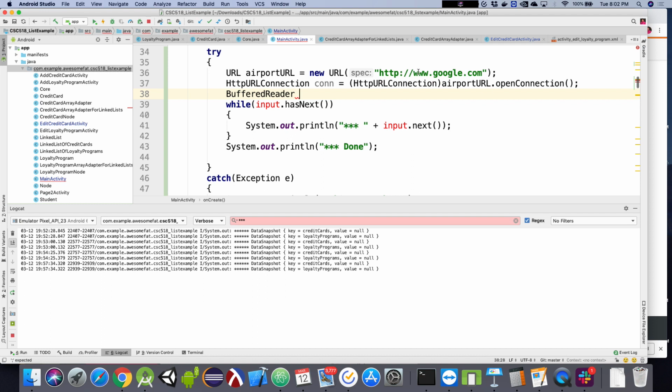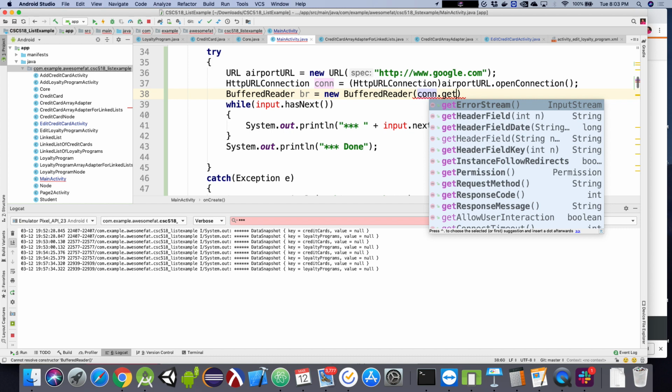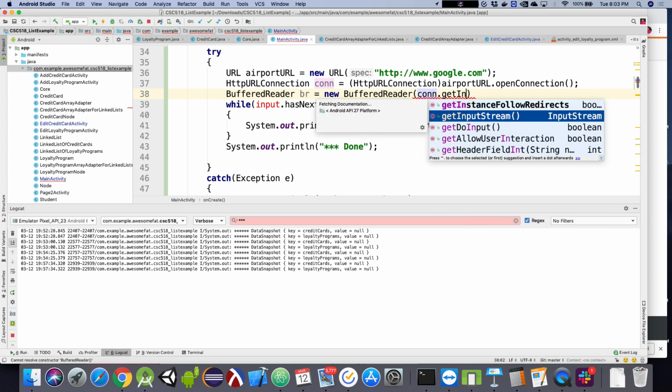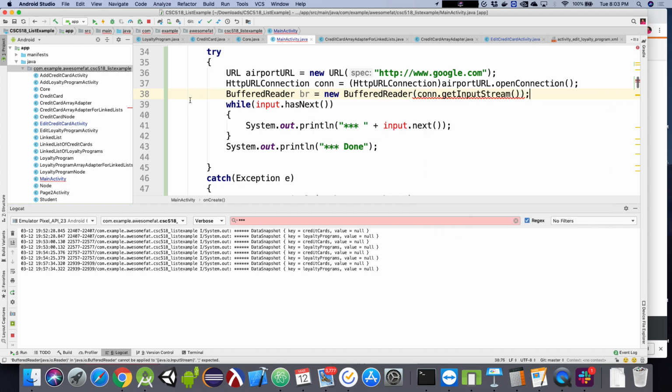Bottom line is, right now I'm not even using the CSV. I'm using Google. So this should just be giving me Google's URL for that GET request. So let me. New buffered reader con.getInputStream. And